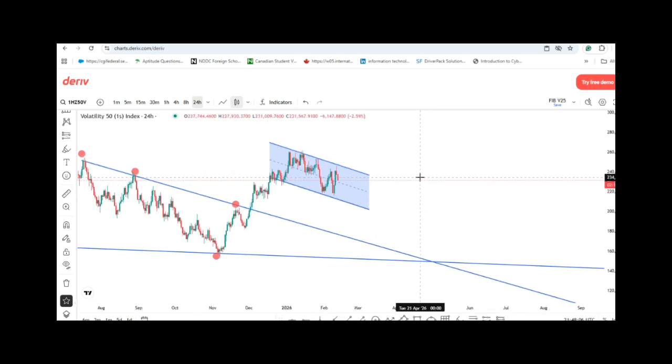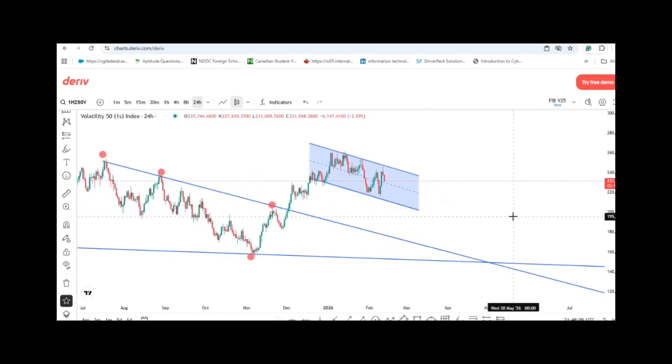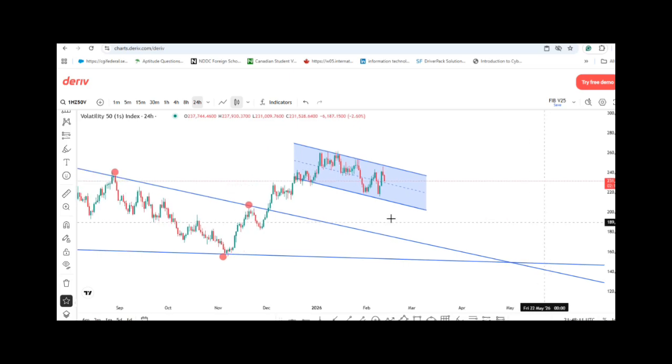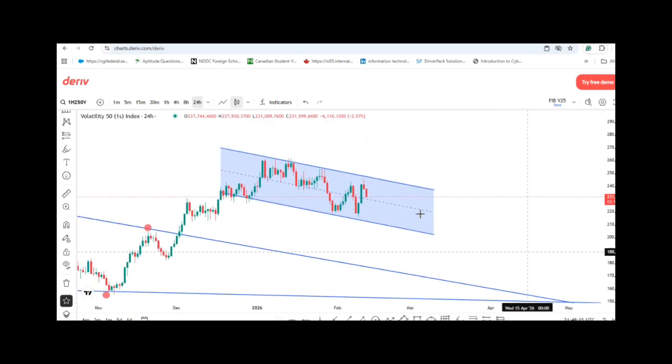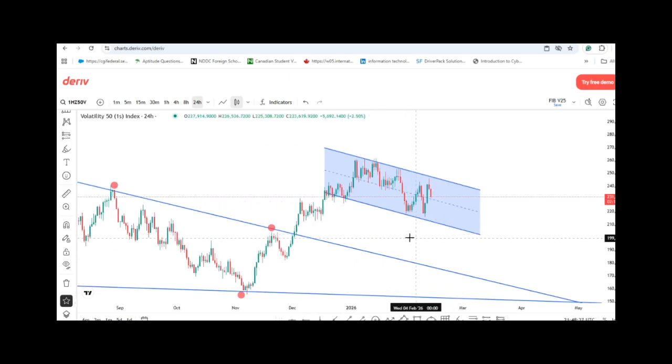Look at the consequent encroachment of this channel, which is the 50%, the middle line. Now look at what price is doing. Price is actually reacting on the middle line. When price gets into that middle line, you see reaction, you see rejection. They finally broke out and came in, and you can actually use this to track the market, because immediately price breaks out of this channel, we are either going down or something. You understand? So this is one simple way you can track the market using extended ray, using your line charts